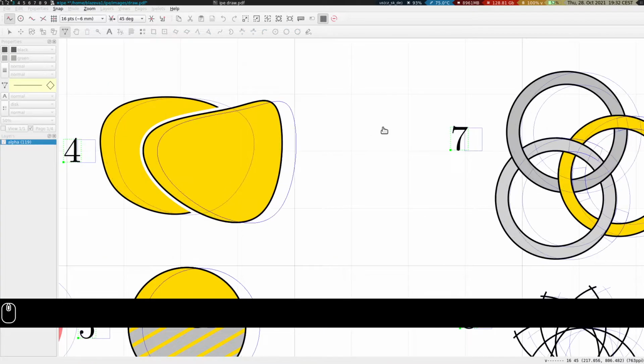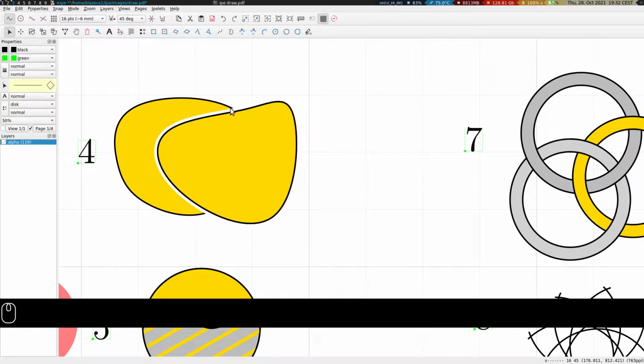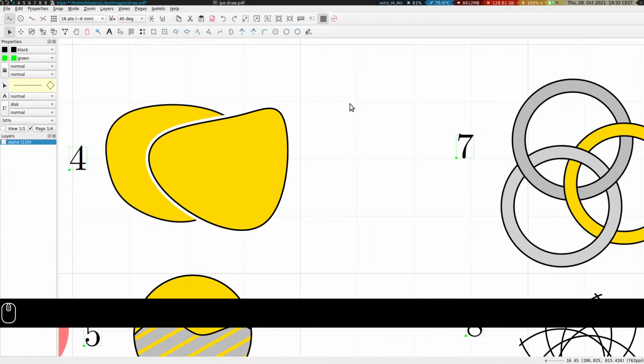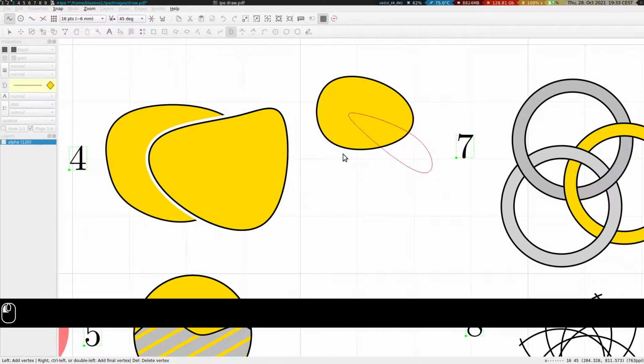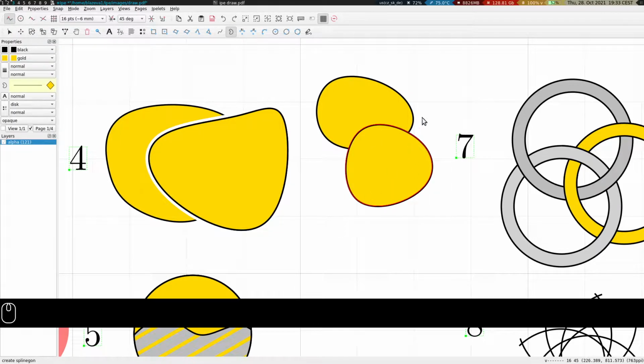Next figure, figure 4, shows that part of one shape is cut out by the other one. This is just a trick of the figure. So how do we do this? These shapes are these splines, or how is it pronounced? Alright, so we create these, put back opacity, and the trick here is to copy this one